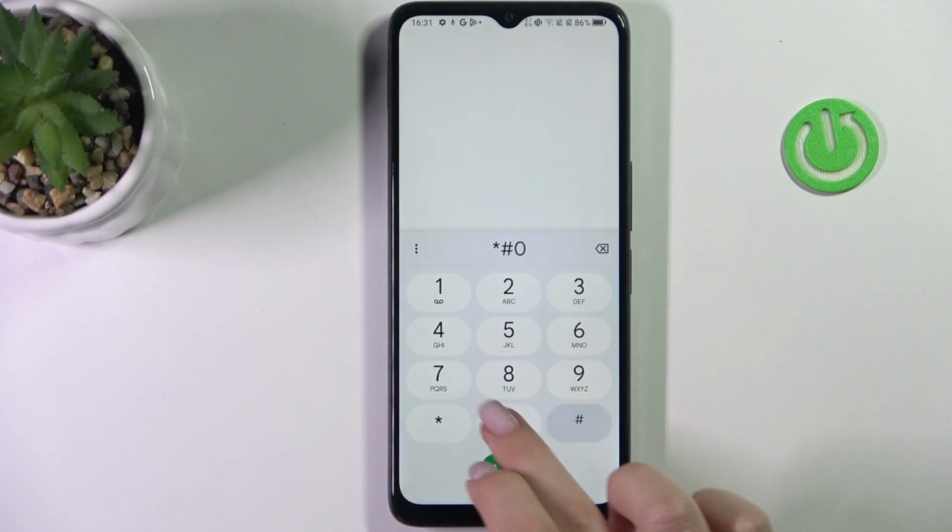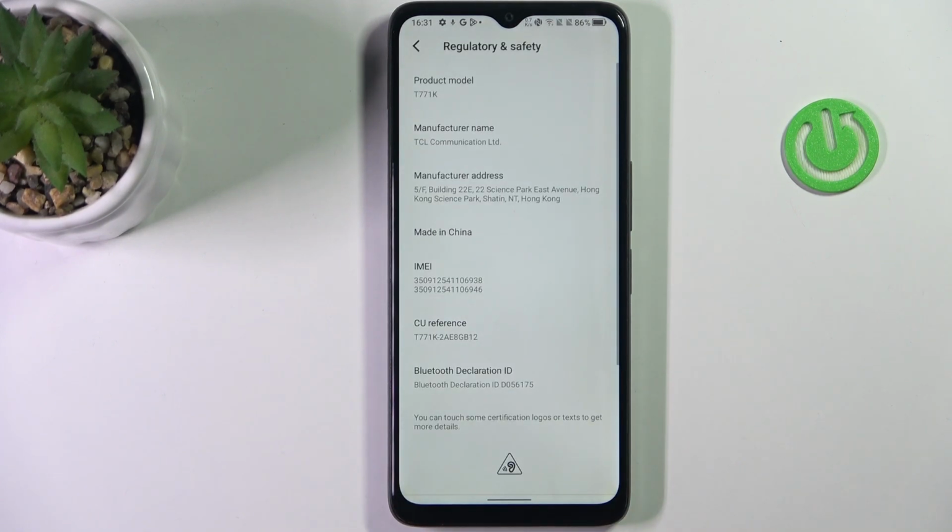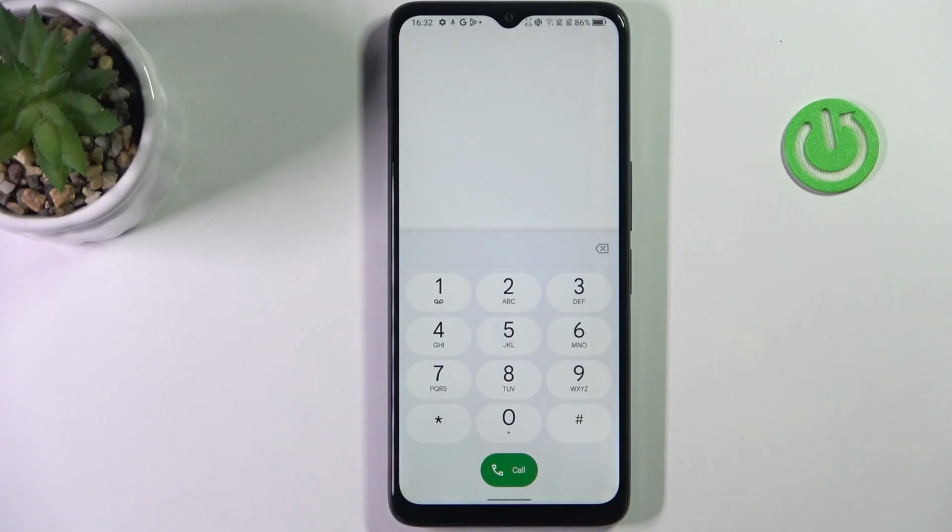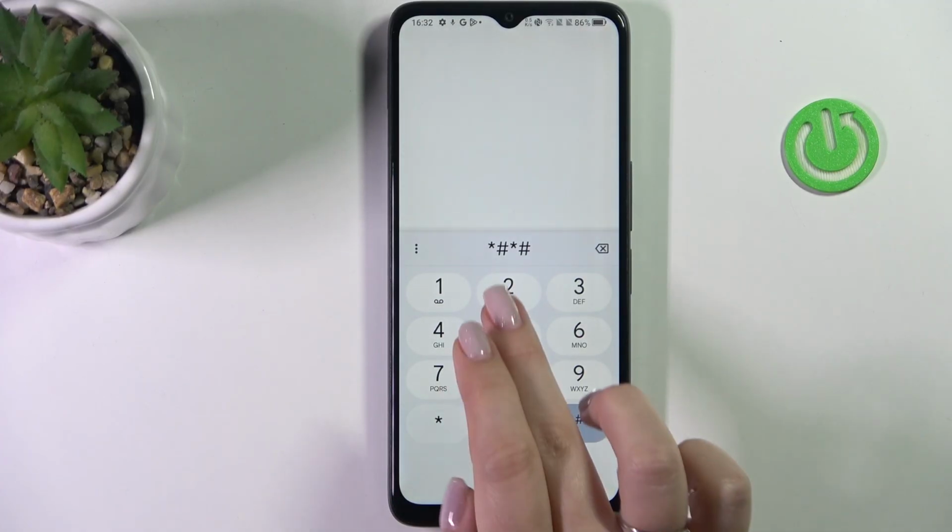It is *#07#, and thanks to this code we can open regulatory and safety information, so we can check the exact product model, where it was made. As you can see, this one was made in China, and for example the email number and the manufacturer address. Let's go back and let me show you another code, which is